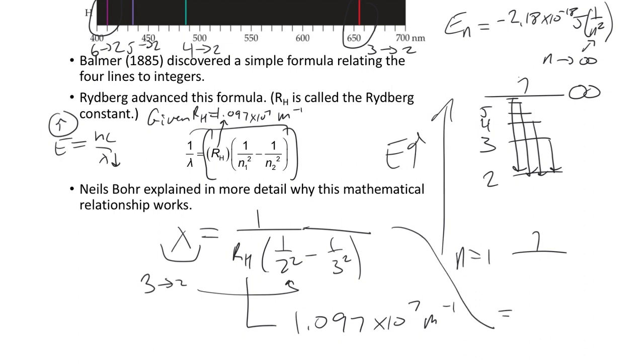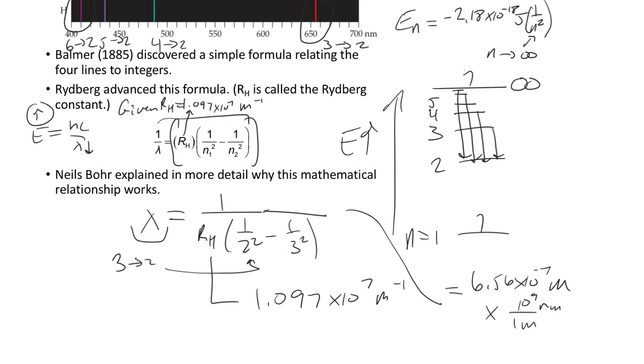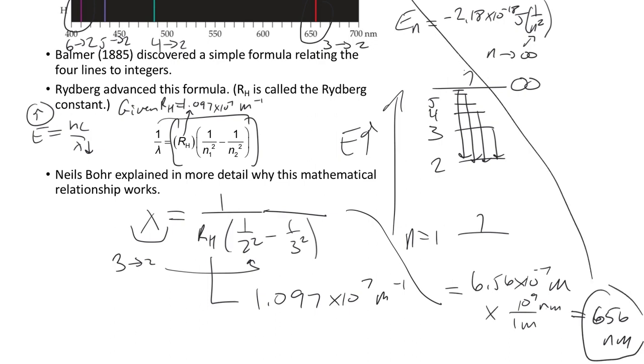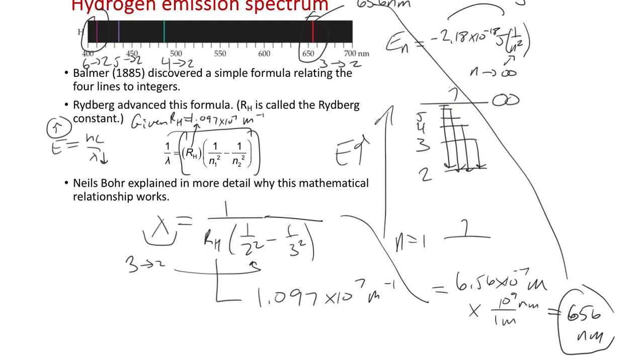And so I do this arithmetic, and I get 6.56 times 10 to the minus 7 meters. 1 meter is 10 to the 9 nanometers, so multiply that by 10 to the 9 nanometers to convert into units, and that's 656 nanometers. So that's how we can calculate that wavelength that's associated with that particular line in the H atom emission spectrum,